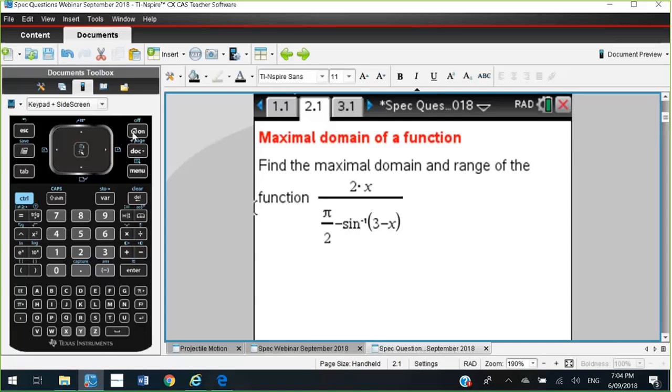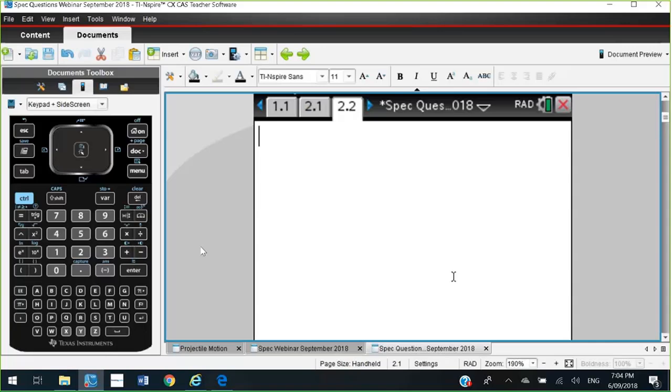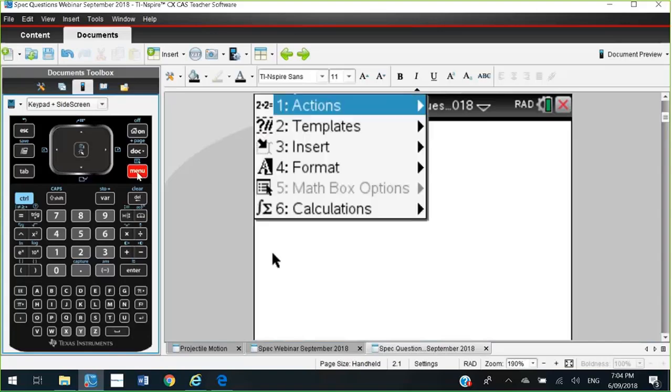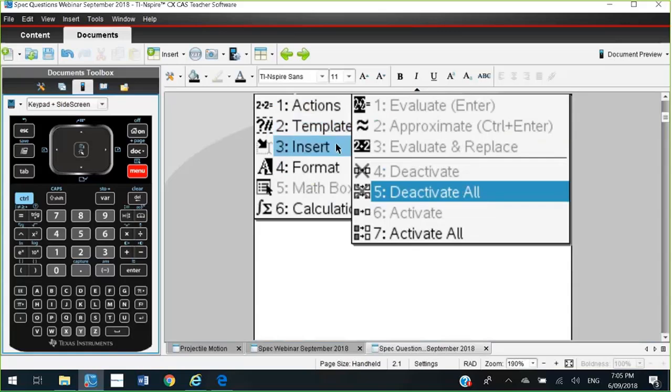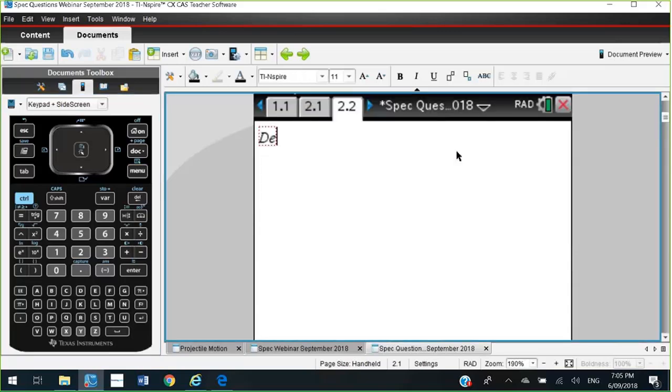However, the TI does have a lovely new feature here, which is the domain function. So I'll do this one on a notes page. So I'll open up a notes page, and on the notes page we have to insert a maths box. I presume people have been familiar with a bit of the notes pages by watching some of the other webinars. So what we have to do is insert a maths box. So in this maths box, I'll type in define f1 of x